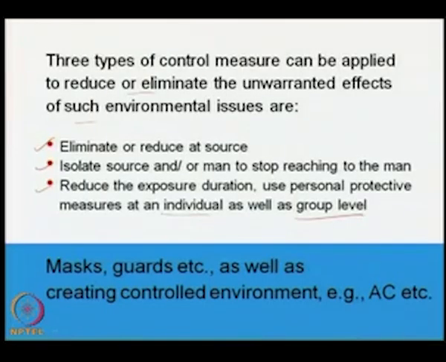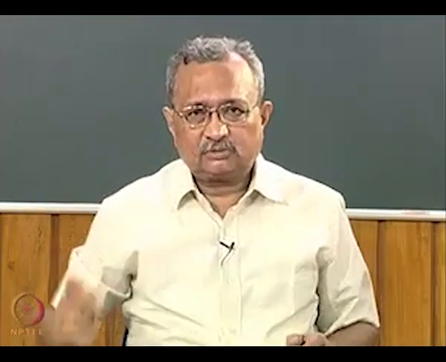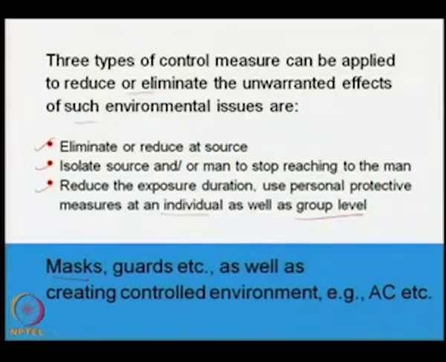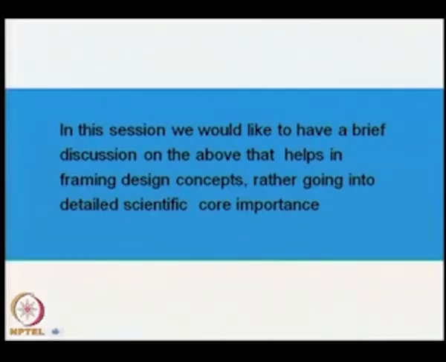So the direct radiant heat will not come to them. For that, masks, guards etc., as well as a controlled environment can be created. In that case, air conditioning may be cited as an example. In this session, we would like to have a brief discussion on the cases we have shown above,